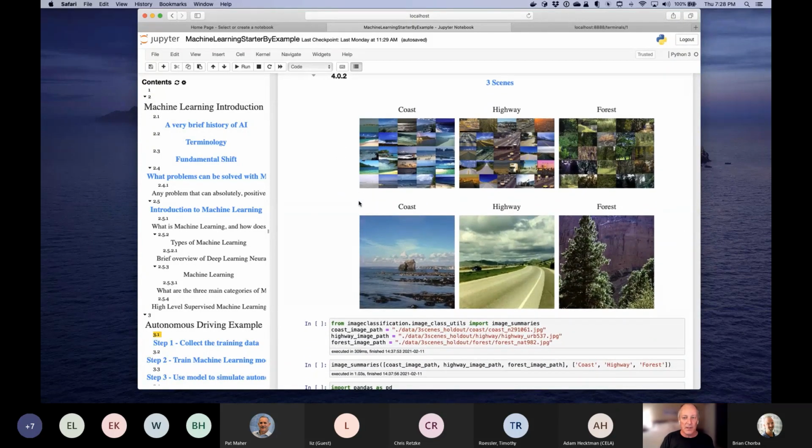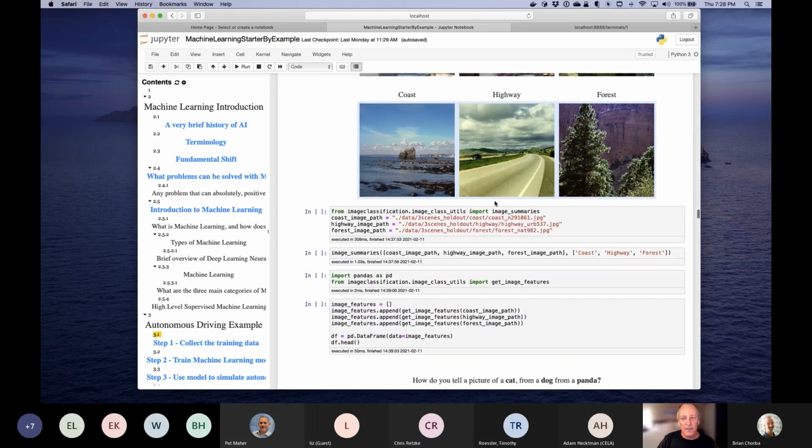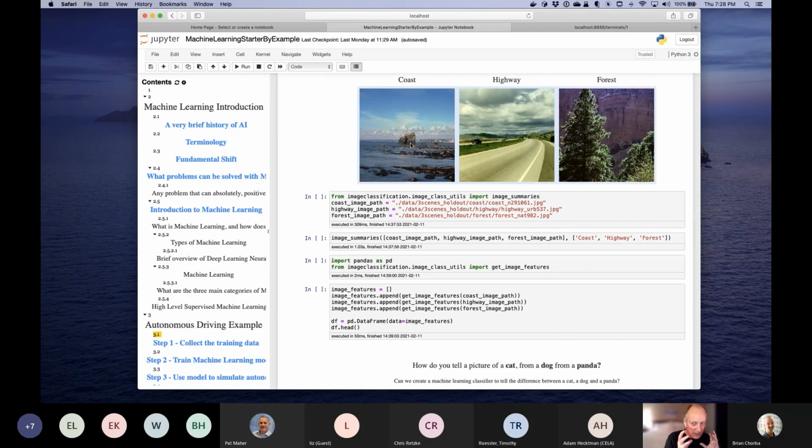All right, let's look at what we're trying to do for this one. So we have 3 scenes. The upper left is just a collection of coasts, and I'm giving you a smattering of examples so you can get a sense of what they look like. The center is of highways, and again, it's a montage of those, and then forests. And I took 3 pictures out: a random coast, a random highway, and a random forest out of that data set. And remember, I do that because the image that I use to predict on, the machine learning model cannot have seen ahead of time. That's like giving the answers to a test to somebody. Can't do that.